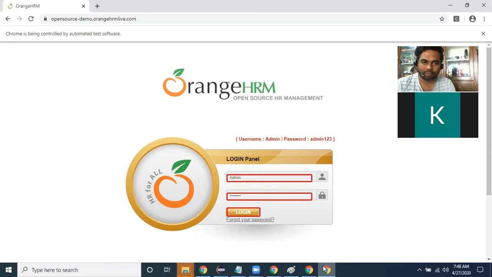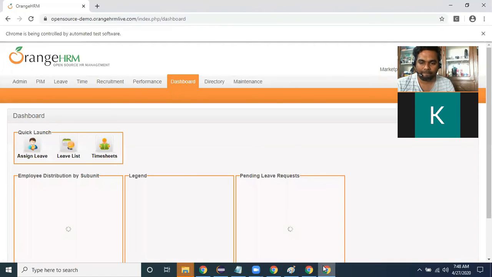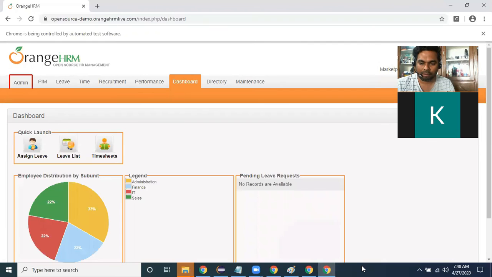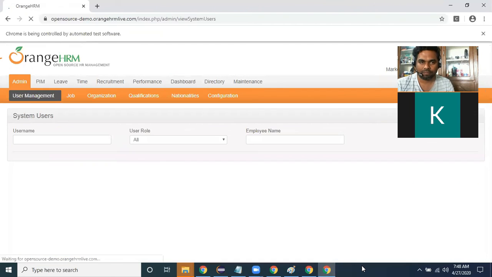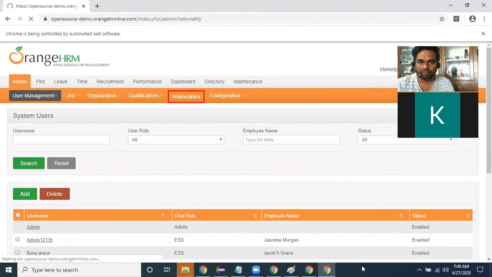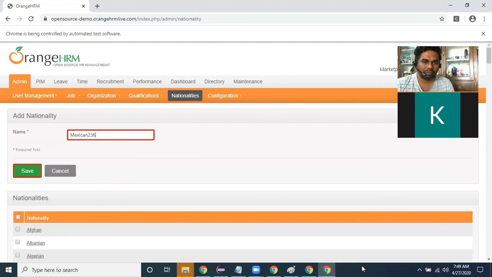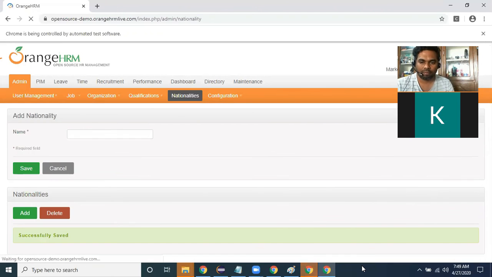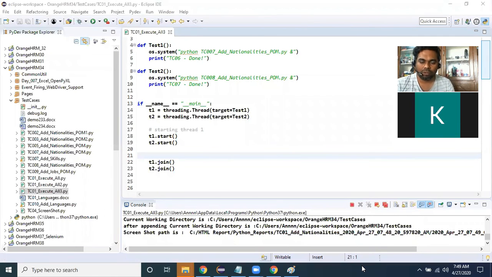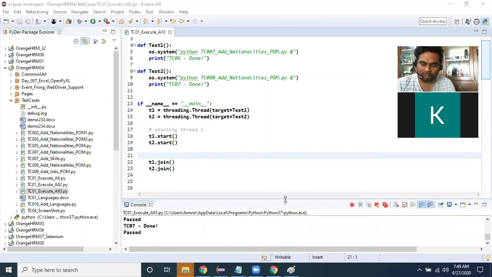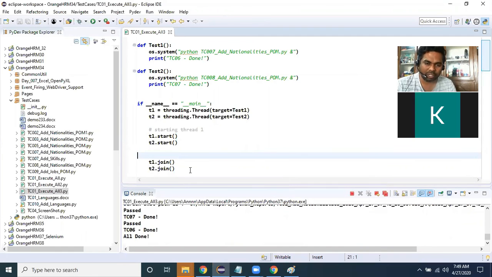The two sessions closed automatically. In this program, the threads just start execution and close automatically.